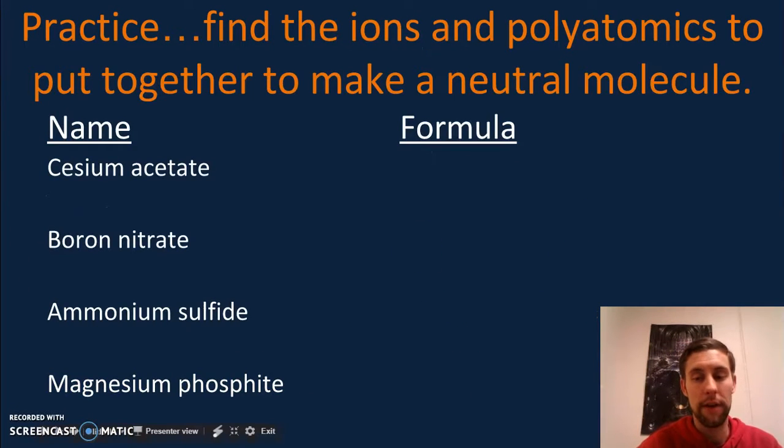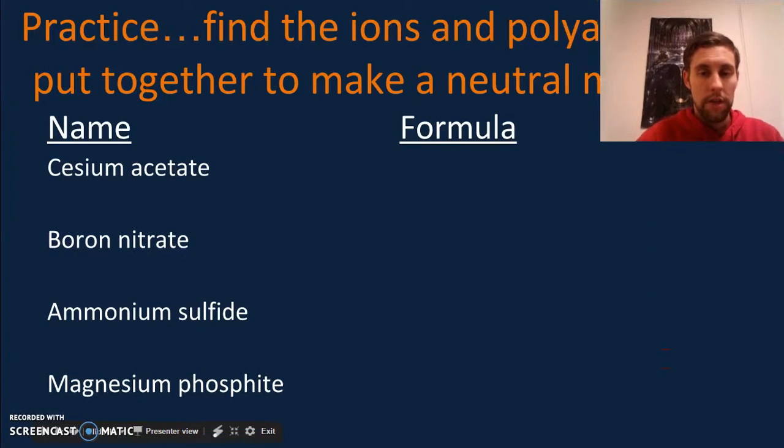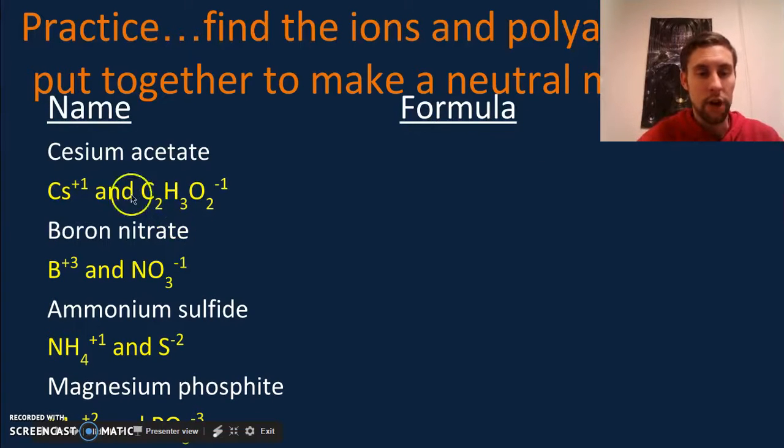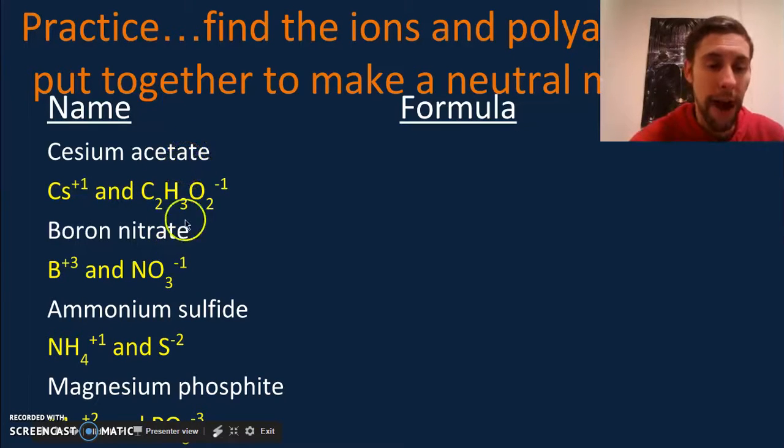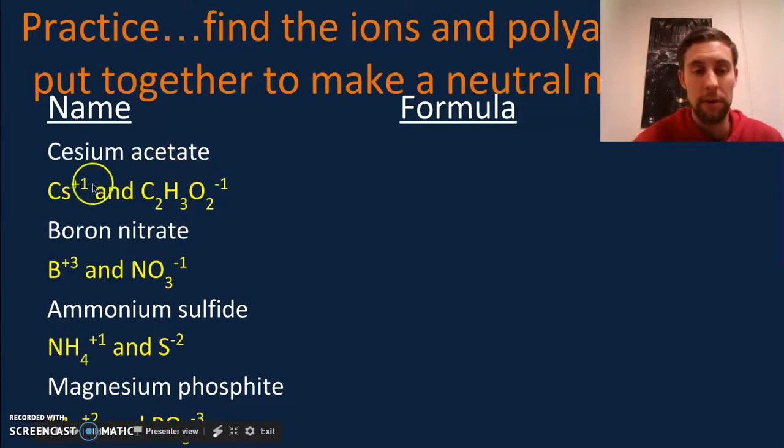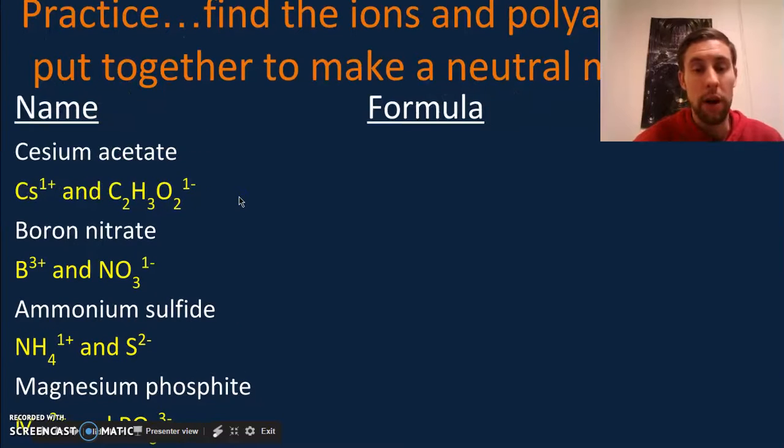Okay, now we go the other way, getting our charges correct. Okay, so cesium acetate. I get cesium's charge and acetate's charge. Acetate, the charge is given to us on the back when we find that group. We know most of these are on the back because if it ends in ate or ite, it's probably a polyatomic. You should look on the back of your periodic table. 1 plus here, 1 minus here, which means we only need 1 of each. And we'll end up getting